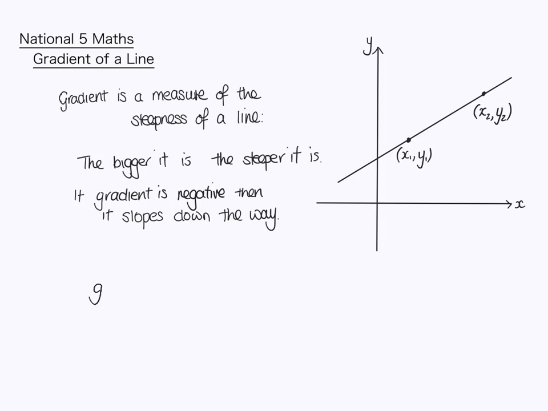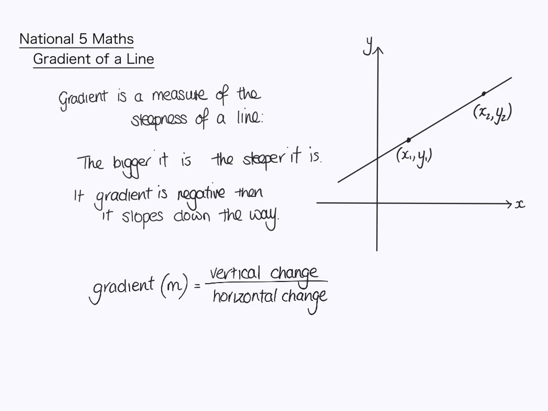gradient, which we give the letter m, is equal to the vertical change over the horizontal change. So in this case, what we need to do is start using our coordinates to do that. So before, when we've done gradient, we've maybe looked at just given those numbers rather than actually working with the